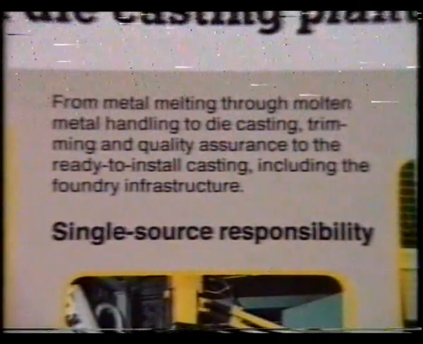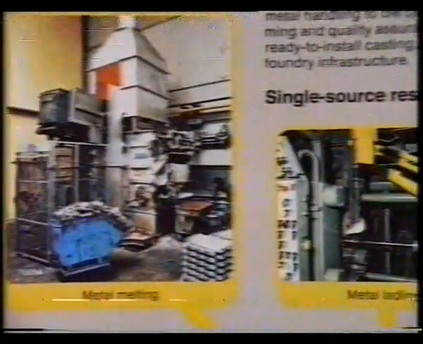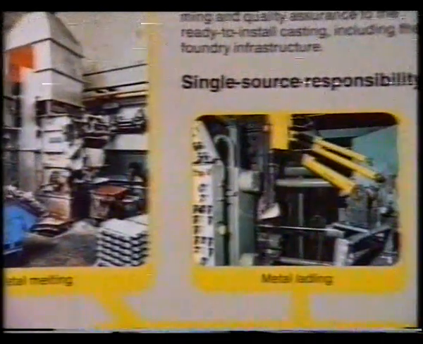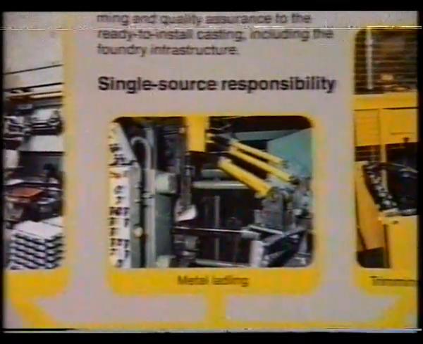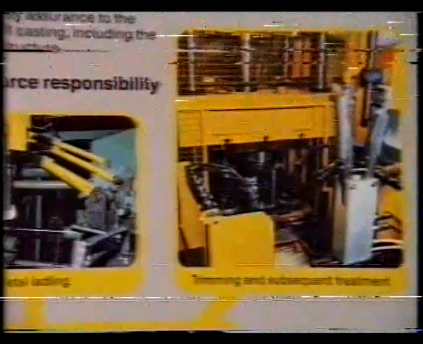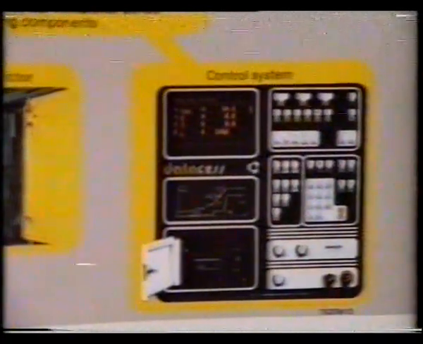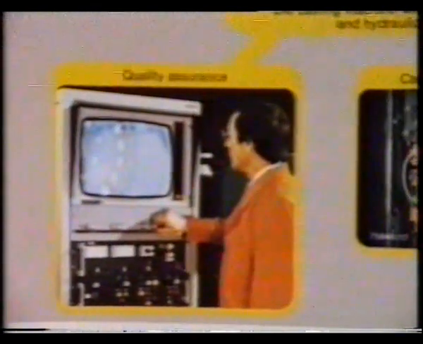Because most construction costs are high, die casting is economic only for mass production purposes. The process easily lends itself to automation, and in recent years there have been increasing developments in automation in the die casting operation to enhance even higher productivity. Some examples of automation operation are metal melting, metal lathering, trimming and subsequent treatment, die spraying, die heating and cooling